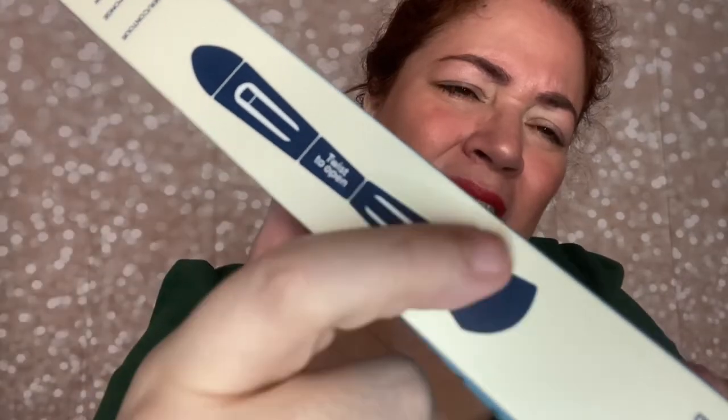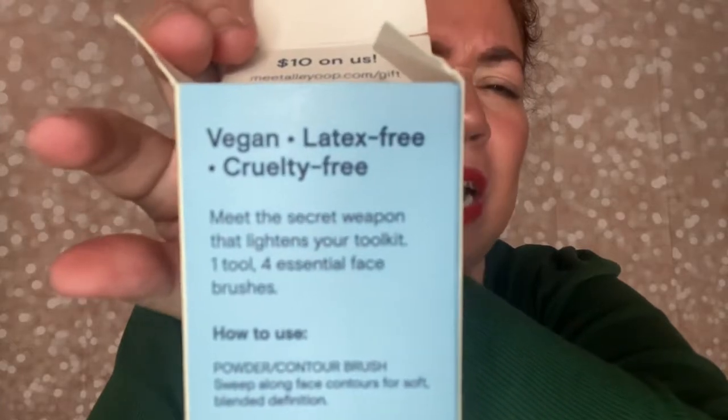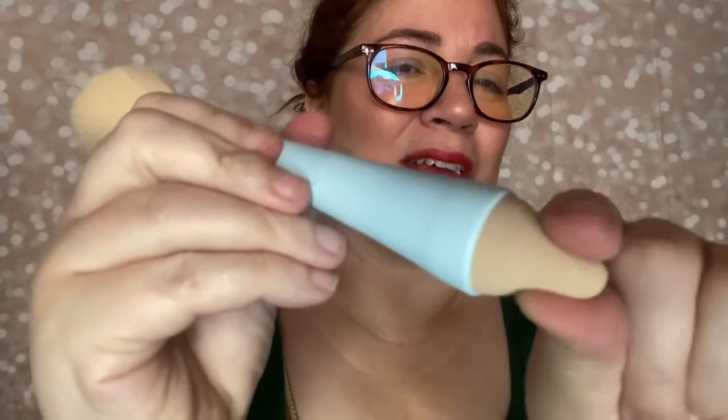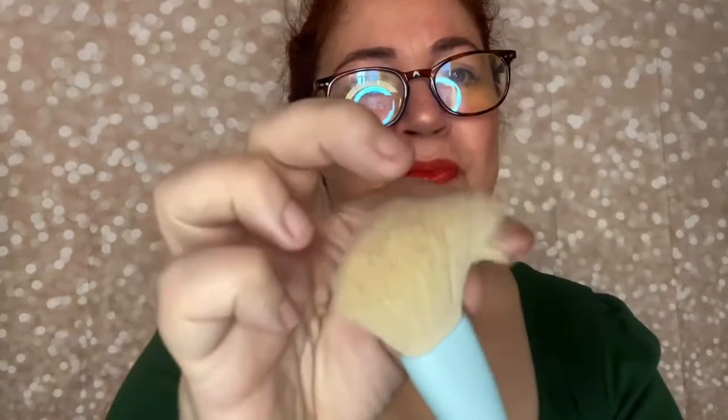which is nice. Clearly it has a brush on one side. I'm not sure if that's a sponge or a stiffer brush, but we shall find out. It says it's vegan, latex free, and cruelty free. I'm only seeing 2. This is definitely a sponge tip. It kind of reminds me of the good old crayons we used back in the day, or the pencil eraser. Remember those? Yeah. And then this side is definitely an angled brush that I could use to contour, probably